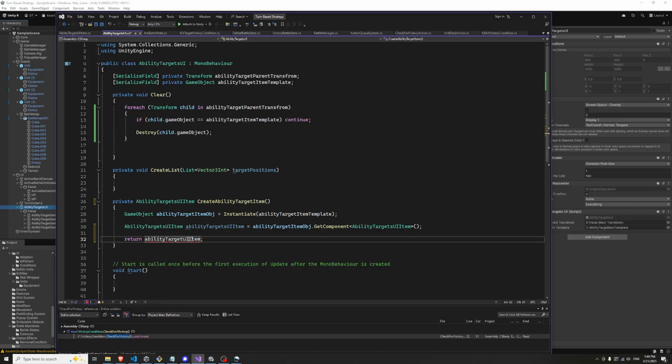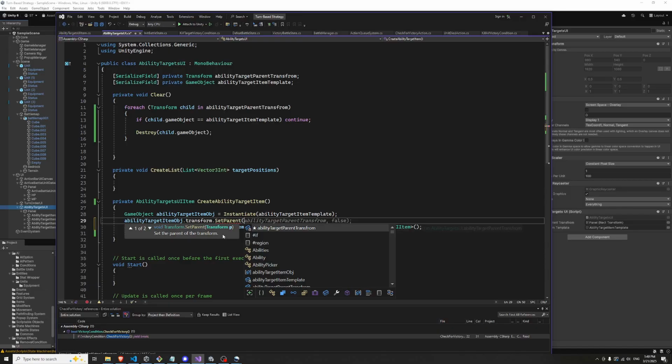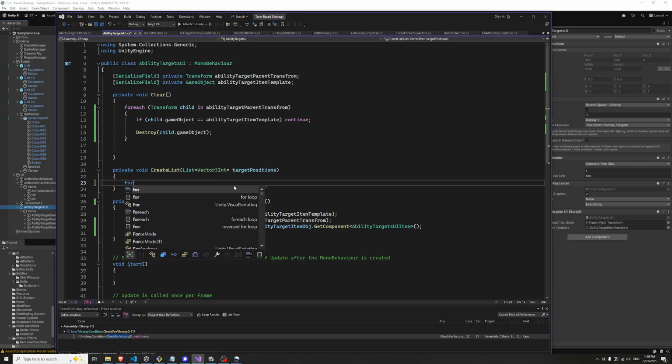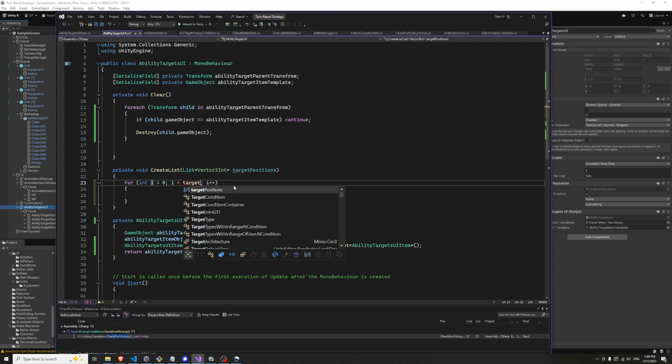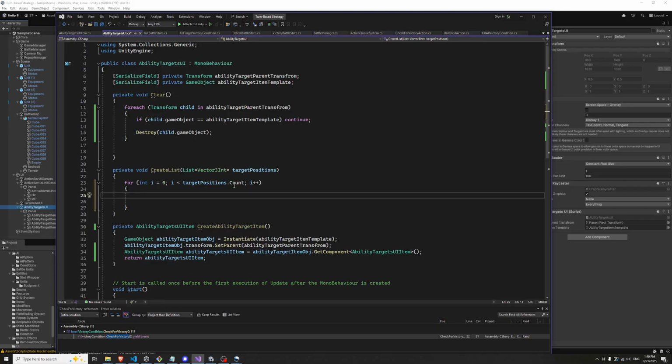Ability target UI item. In here, we want to set the parent to the parent transform, and then when we create the ability, for each target position, we're going to create this. So ability target UI item